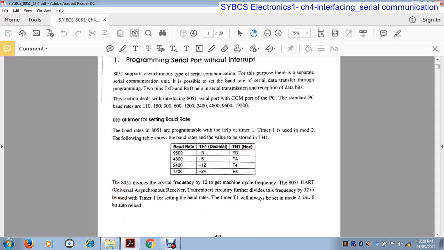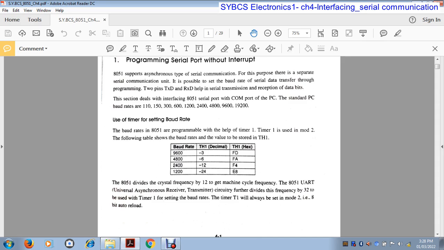For the 9600 baud rate, the TH1 register is loaded with -3 in decimal, which is FD in hexadecimal. Similarly, for the 4800 baud rate, the TH1 register is loaded with the value -6,